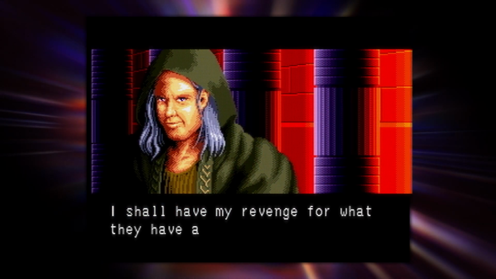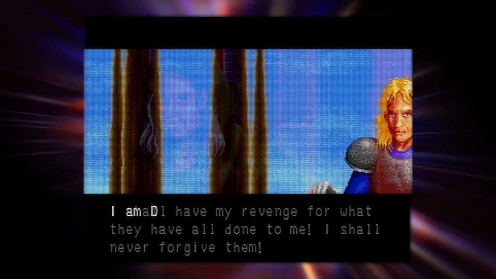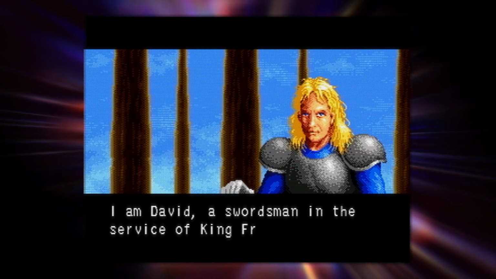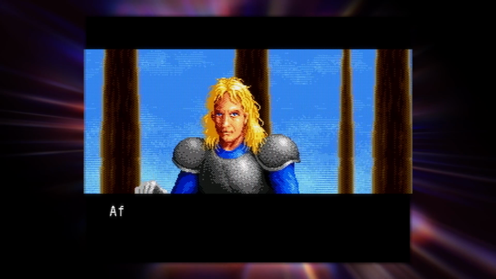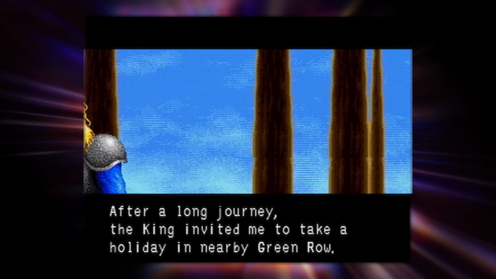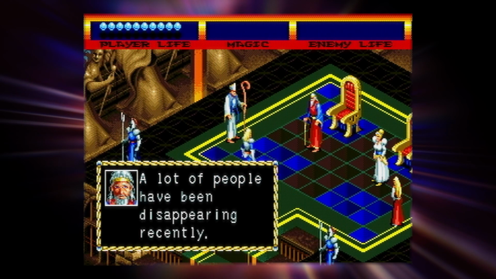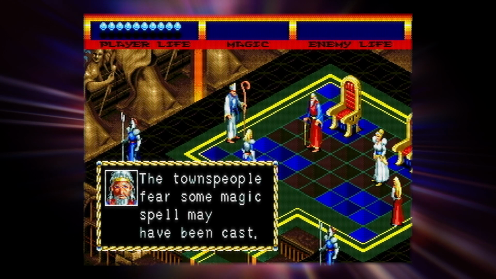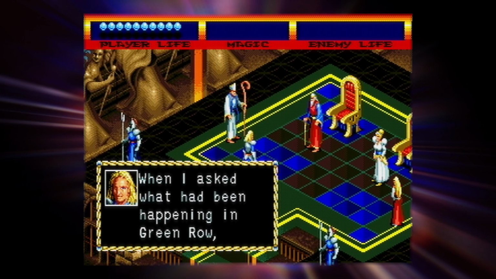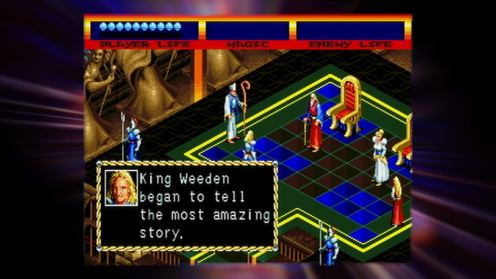Light Crusader starts by showing the antagonist even before introducing the main character. David, a knight in the service of King Frederick, was invited to come for a vacation in Green Row, only to discover that he was tricked into solving the town's problems. The king explains that a lot of people have been disappearing lately, and that magic might be involved. A certain King Whedon is also mentioned, but that's about as much story as you're gonna get for now,